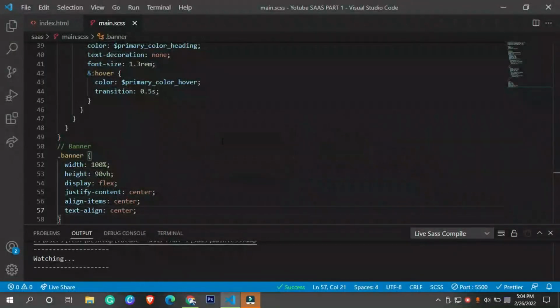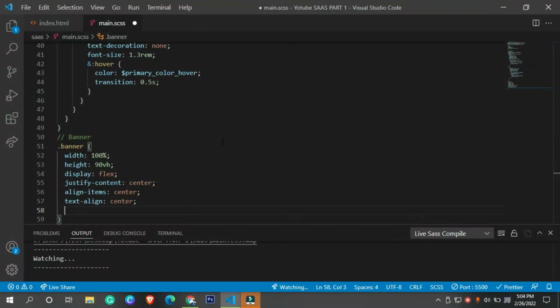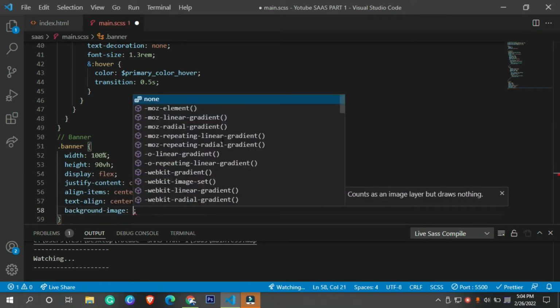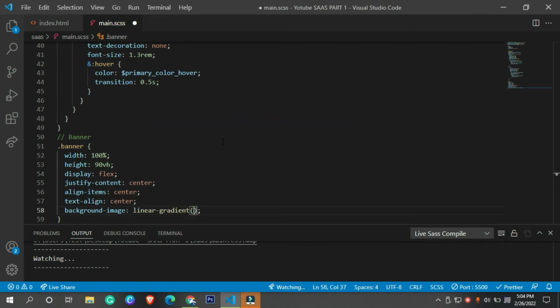Now we are having every single thing in the center, and after that let's call this background image, and I'm going to have a linear background image. So let's say red green blue alpha. You can also add 90 degree, 40 degree if you want to change the color intensity according to the degrees. You can check it out.